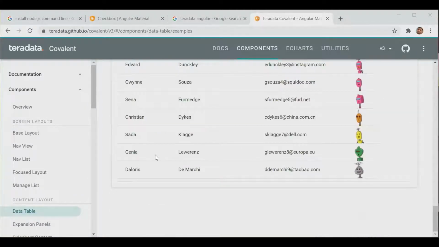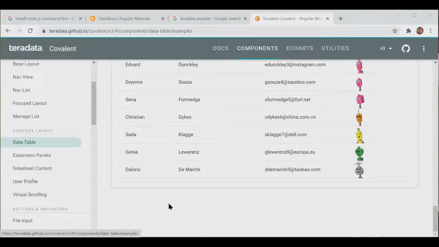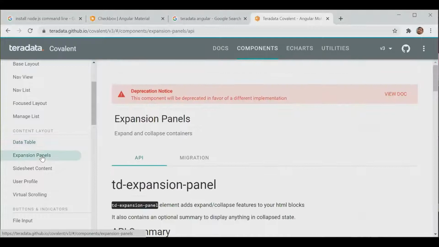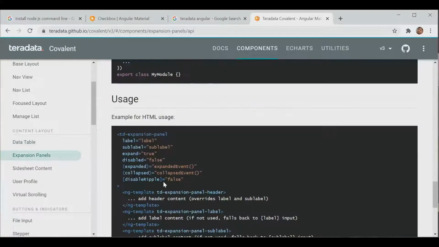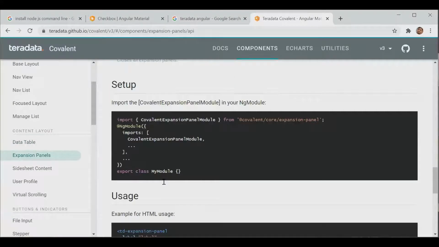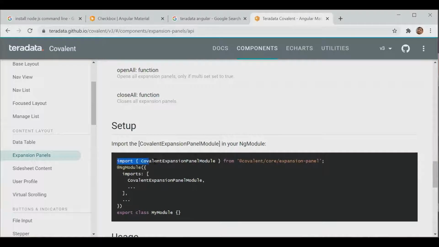So how will we use Teradata? Is it the same way we install material? Yes, as we are installing material design, in the same way we need to install Teradata, and add the references. Maybe due to network, Amit, we cannot hear you.